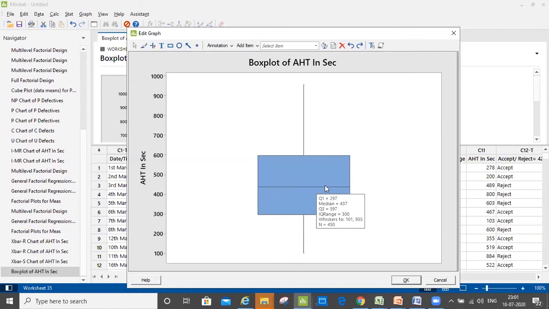It tells you the Q1 also. So this is Q1, this is Q2, Q2 is equal to the median, this is Q3 and this is Q4. It also shows the whiskers in the range. Whiskers are the extreme values. This basically tells me which of the 4 quartiles needs to be worked on. You see that this quartile has a huge amount of variance. From Q3 it was 597, but you see Q4 lies at 955. So these 25% of the people are lying between